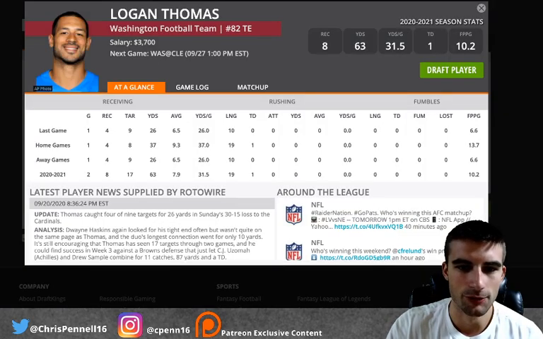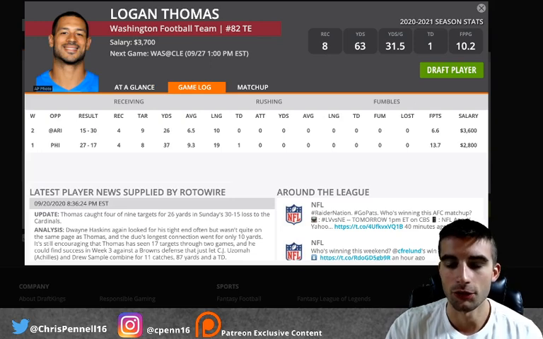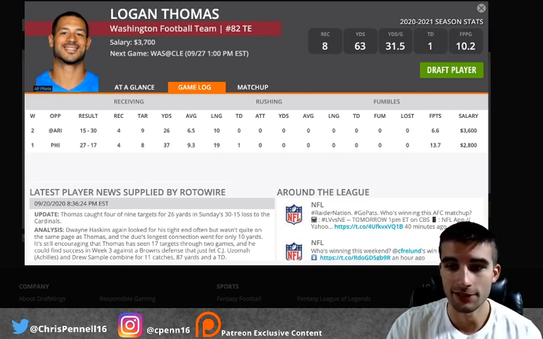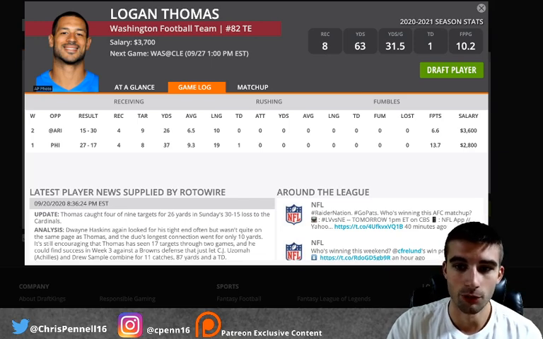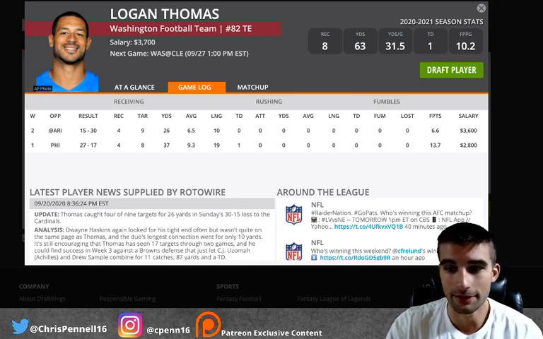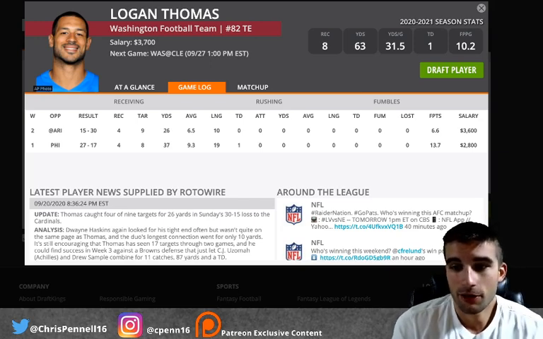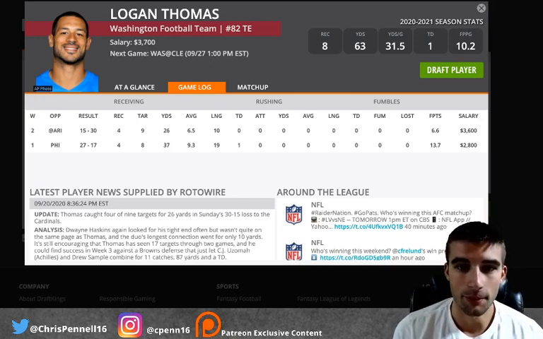They gave up a huge game to Mark Andrews, and they also let Drew Sample and CJ Uzomah have pretty good big games versus them as well. And Logan Thomas is a guy that I think is going to be heavily targeted. Denzel Ward's going to be all over Terry McLaurin, and Denzel Ward's having a pretty good season so far. He's pretty tough on A.J. Green. And look, if they're going to struggle to go to Terry McLaurin, Logan Thomas should get most of the